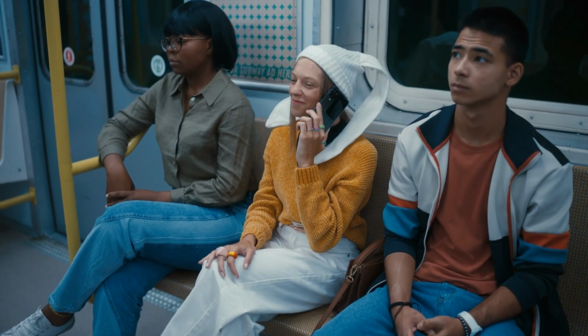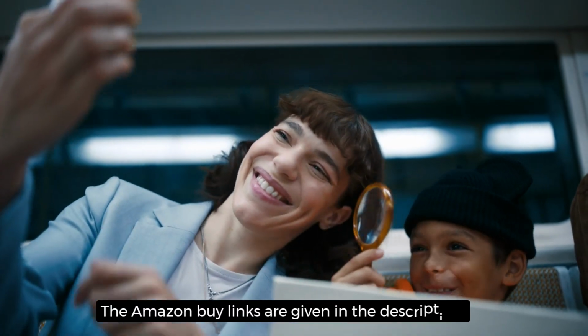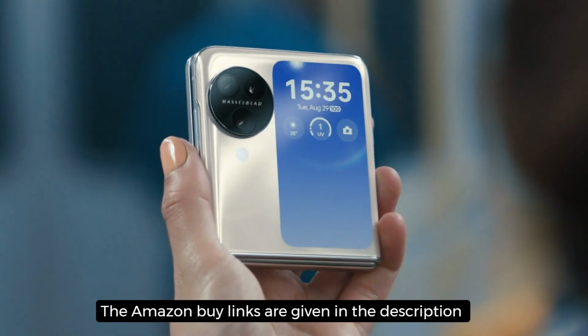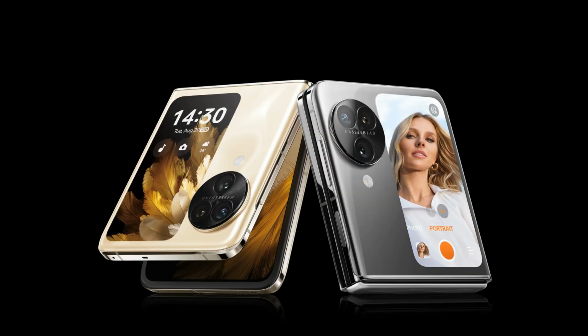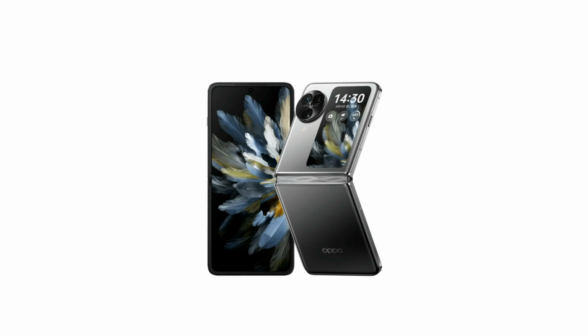The Oppo Find N3 Flip comes with a 6.8-inch main screen and a 3.26-inch cover screen. The device offers a unique dual-screen setup that enhances user interaction. Boasting a 120 Hz refresh rate on the main screen and a 60 Hz rate on the cover screen, users can expect smooth visuals and responsiveness. The impressive camera system includes a 50-megapixel main camera, 32-megapixel telephoto camera, and a 48-megapixel ultra-wide-angle camera, ensuring versatile and